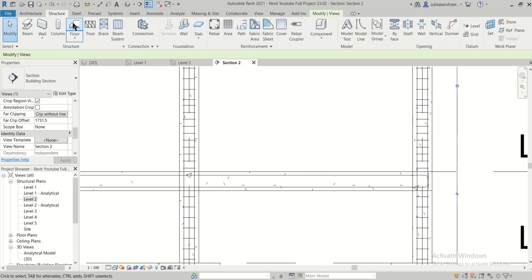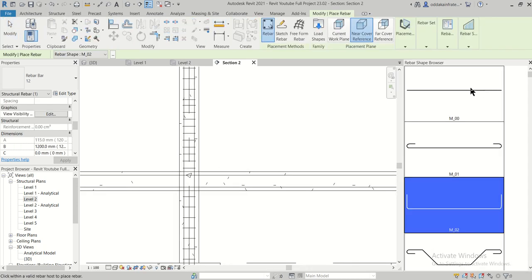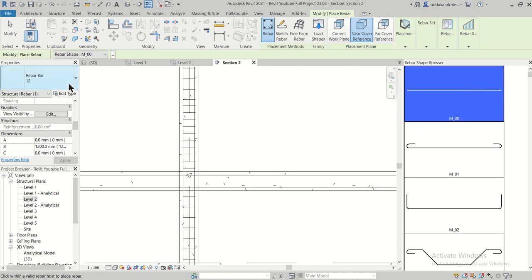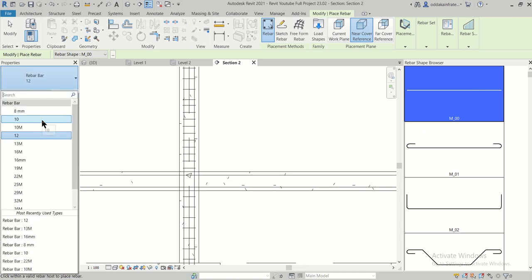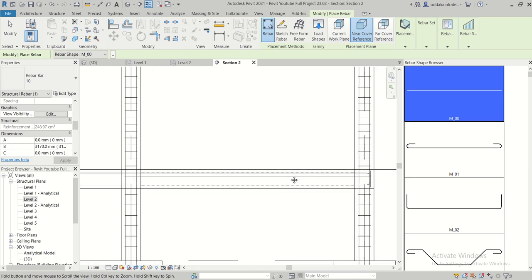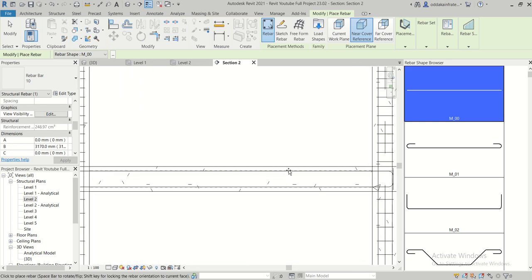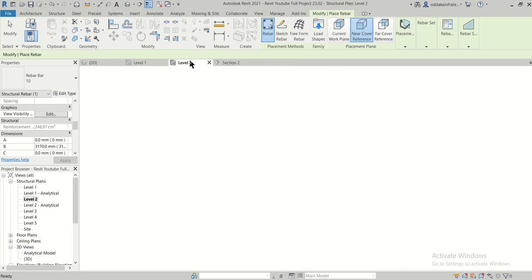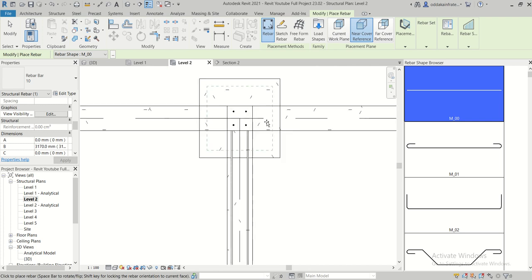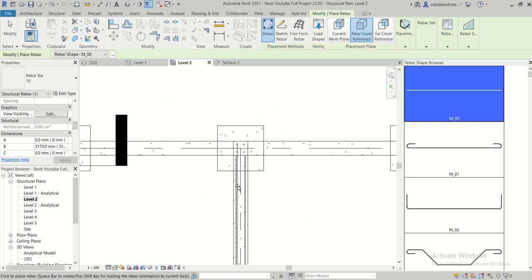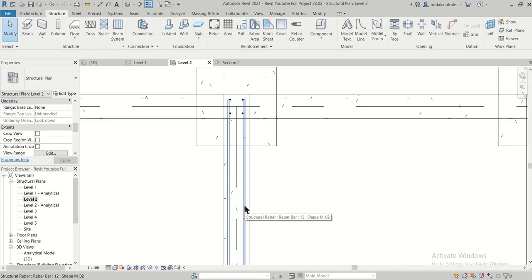We can go to the structure here, and we can just insert the rebars. When you go to rebar, the state rebar we are selecting, and this particular diameter is 10 mm. So we have selected the 10 mm one. Length, we are not concerned about right now. So we'll just place it above like this, and when it is placed above, we'll go to the level of that particular beam here, and as you can see here also you can place it. So we have placed this.